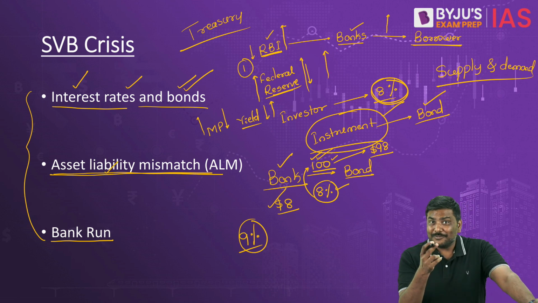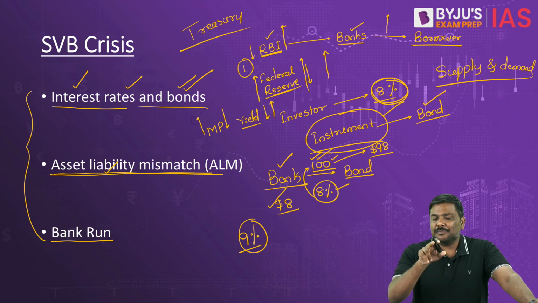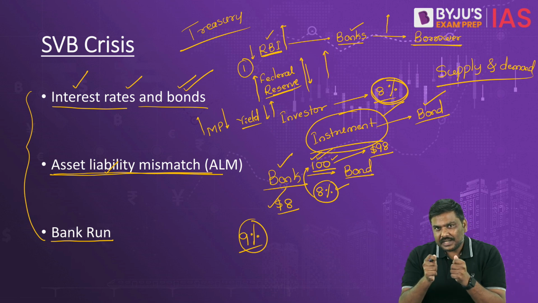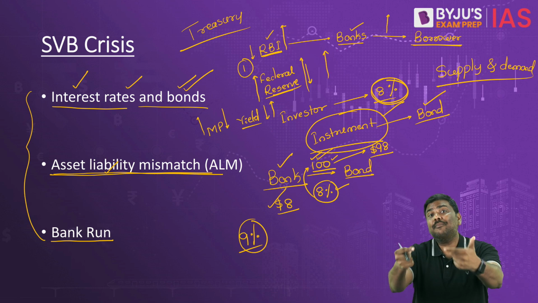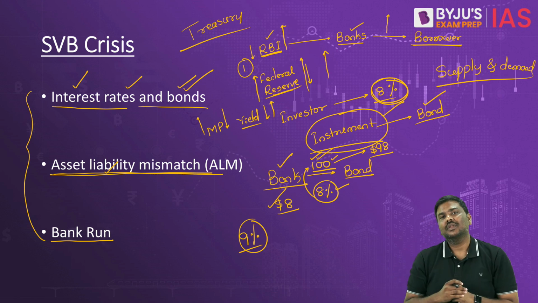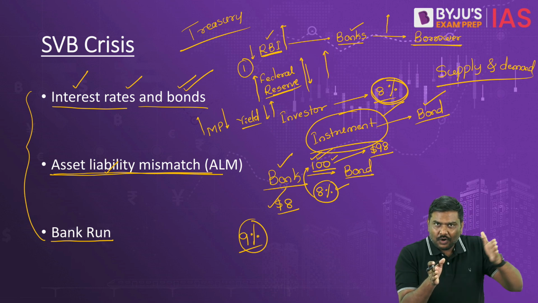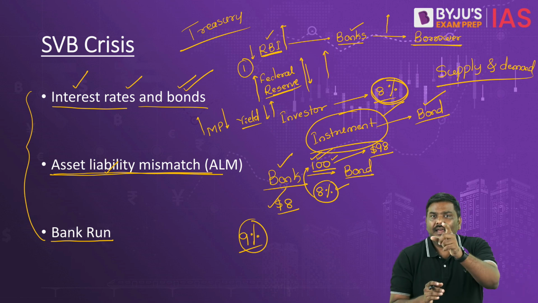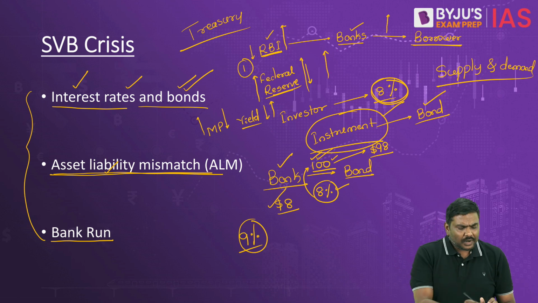Some of you will be confused. You will be confused because you are thinking like a customer, not like a bank. For a bank, they will collect deposits, but they will have to repay deposits, hence a liability. For a bank, they will give loans, they will earn interest on the loans and collect the principal back, hence the asset. But what is this asset liability mismatch?